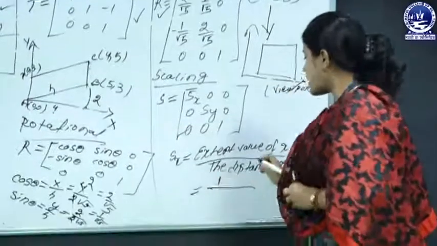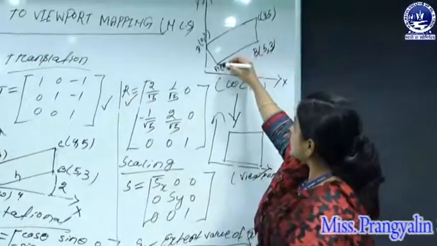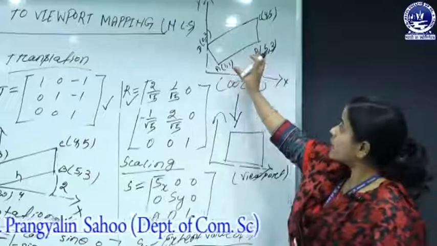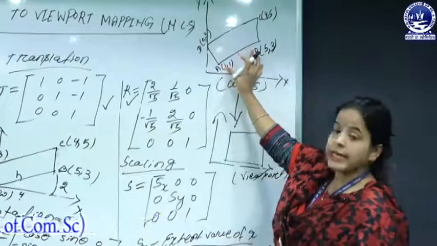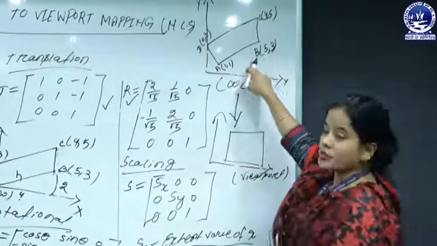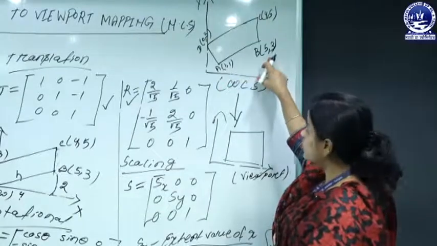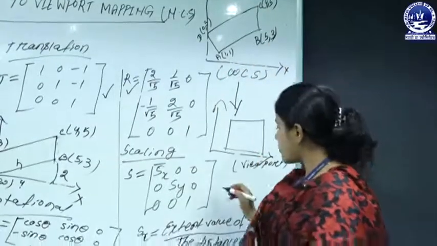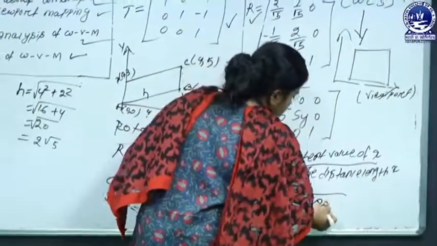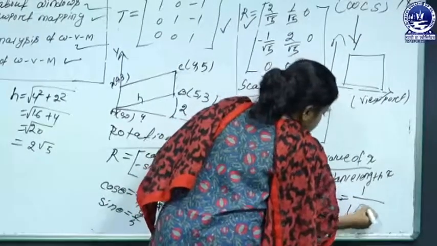Divided by the distance length of x, that means the distance length of x from coordinate point A to B. We need this for calculating the viewport x direction length value. So how is that possible? Whenever we have to find the distance between the A coordinate value and the B coordinate value, the distance AB is calculated as 1 divided by the square root